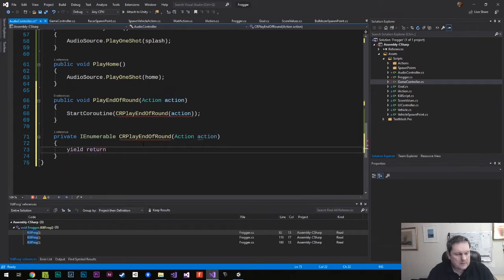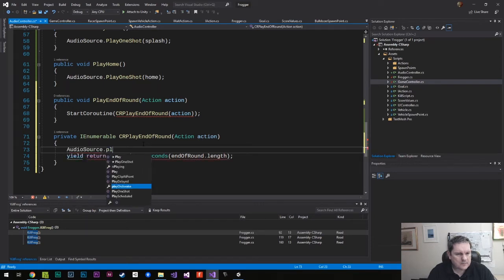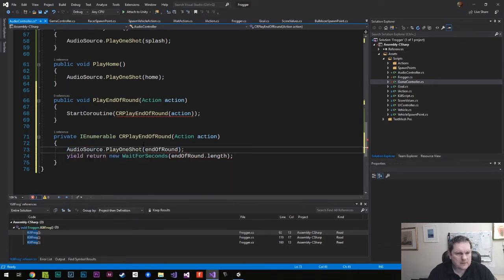Yield return new WaitForSeconds, and that's going to be endOfRound.length, then audioSource.PlayOneShot endOfRound, and